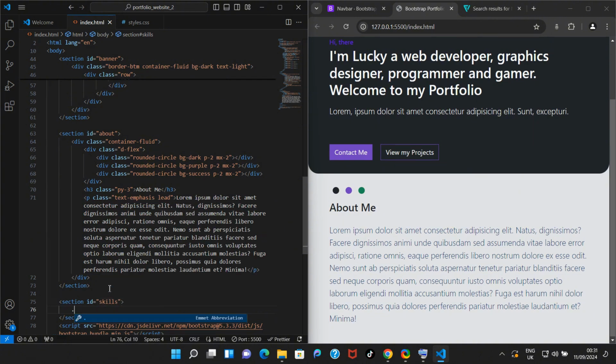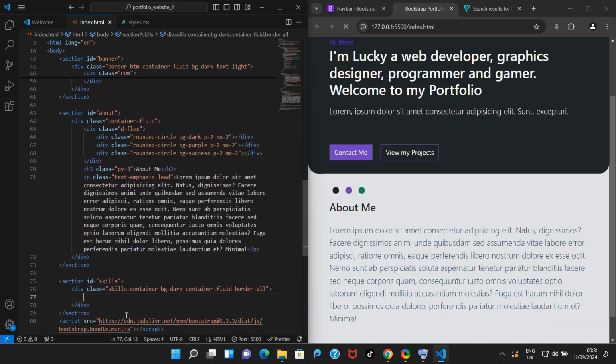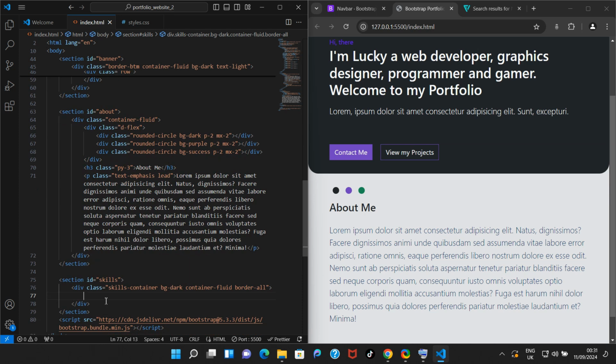So for my skills, I'm going to come here and say dot skills container. We are going to actually style this by ourselves. So dot bg dark for a dark background, then dot container fluid, and border all, which we already gave. So border all. Nothing's going to happen because there's no content inside. So I'm just going to say dot d-flex, then padding bottom 3, which is the pb-3, then justify content,